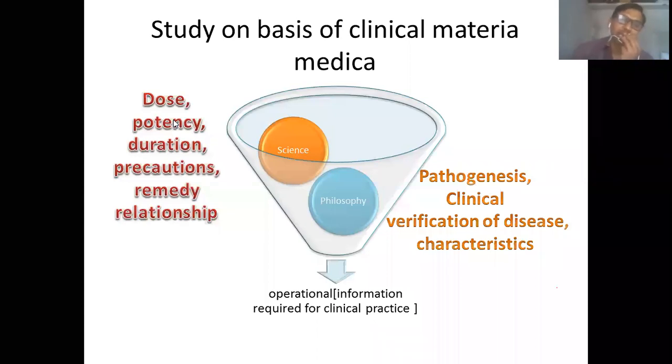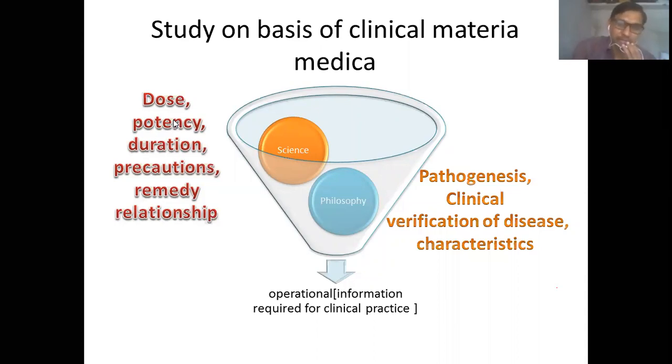So sometimes it is also called an applied materia medica. Some authors also prefer to call this method applied materia medica. To conclude, this is a method of materia medica where all the science and philosophy is made operational, where it is applied. So all the information which is required for the application of the materia medica to the sick individual, like pathogenesis, clinical verification of disease, various characteristic symptoms, the posological aspect of medicine, certain precautions and remedy relationships